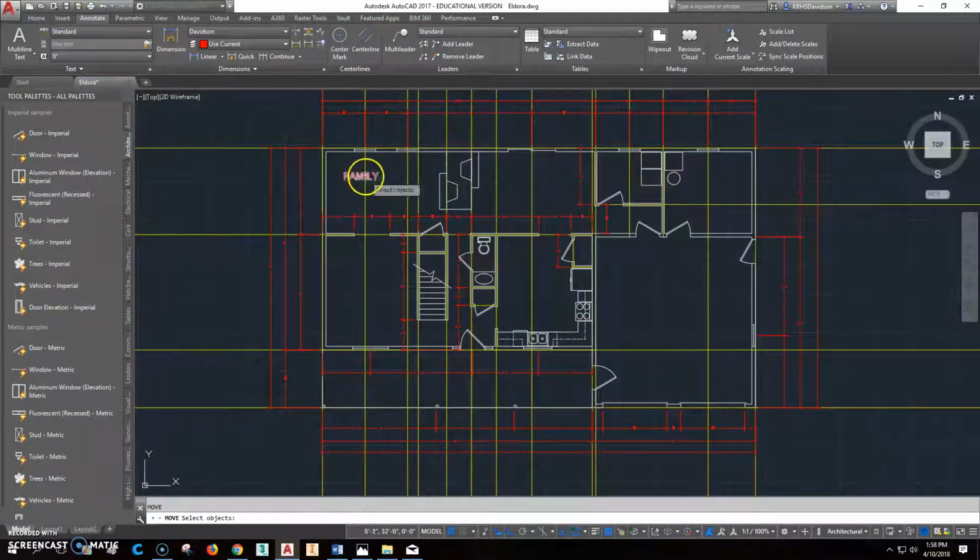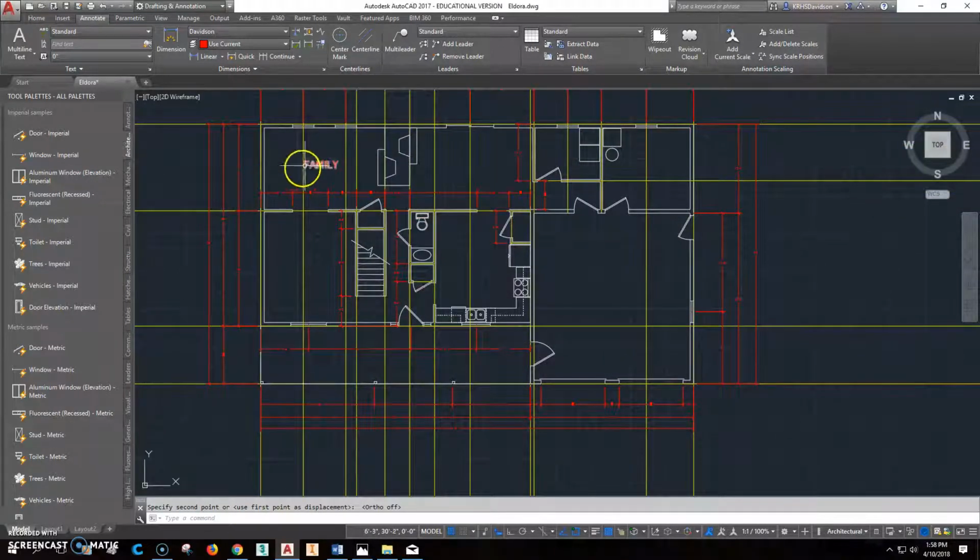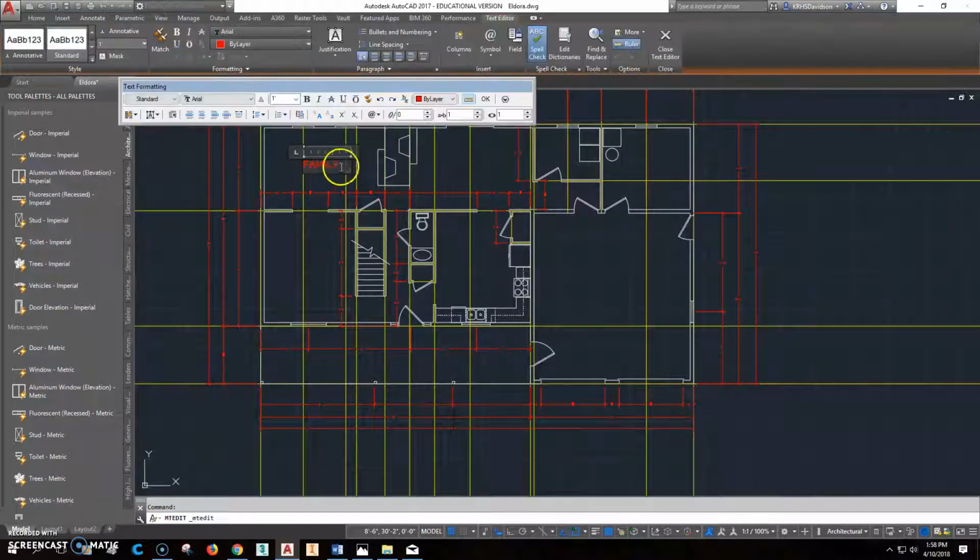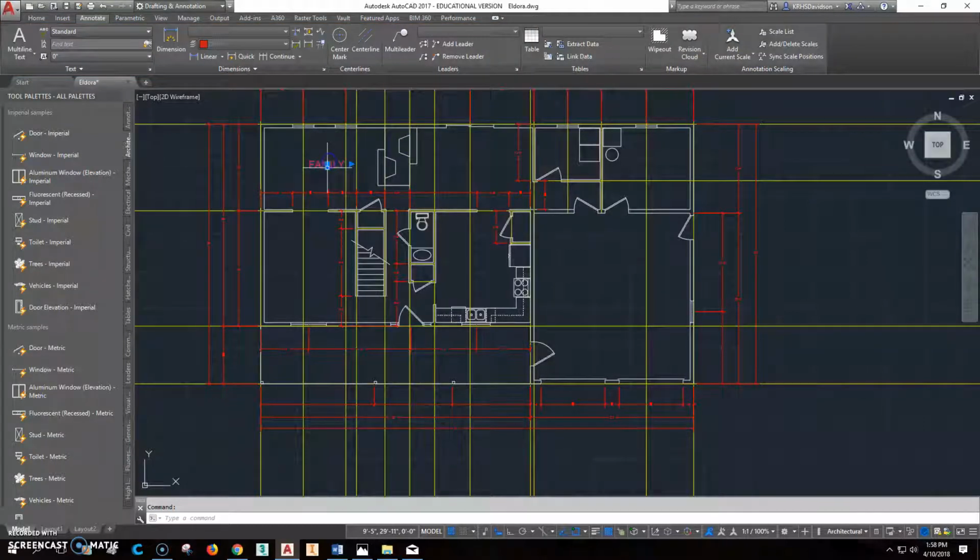And then I'm going to move it so it's centered in the room a little bit better. So turn the ortho off. And so I got that part in there. I'm going to go ahead and do this. I'm going to highlight this. I'm going to change it so this is middle center, and that should be exact. That's actually what we want, because now I can grab that grip and put it in the middle of